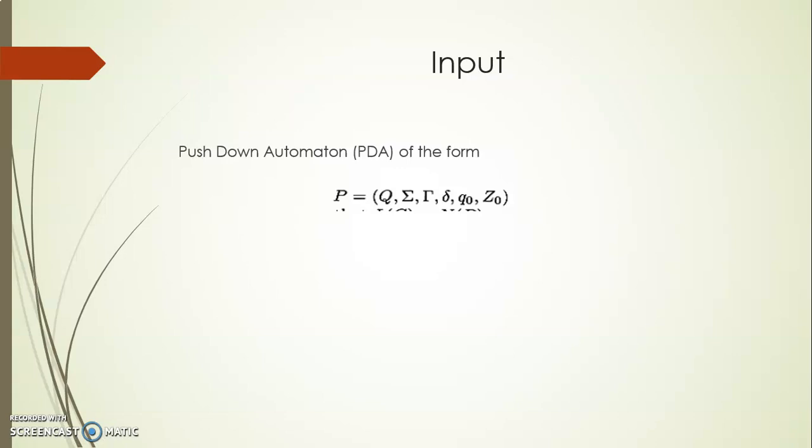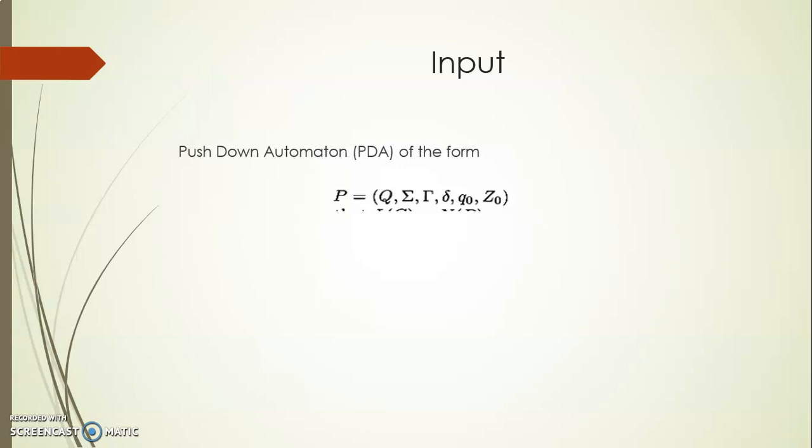So here the input is the pushdown automaton. As you all know, the pushdown automaton consists of 7 components. For this conversion, the set of accepting states is immaterial, which means it is not necessary for the conversion. If it is present also, that is of no problem. Since the conversion rule is independent of the set of accepting states, we have given only the 6 components. We'll just review what the 6 components are.